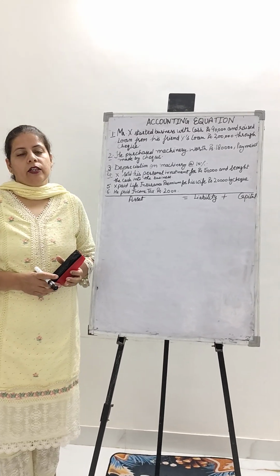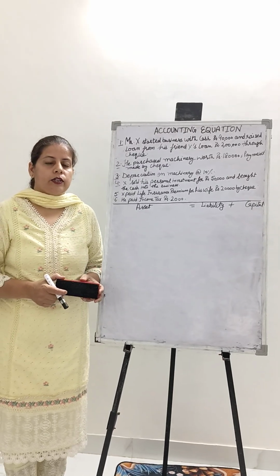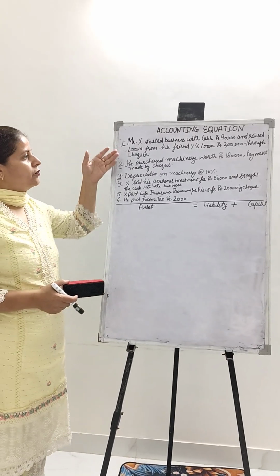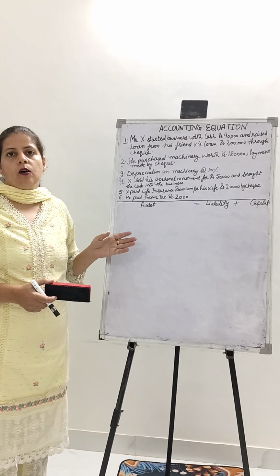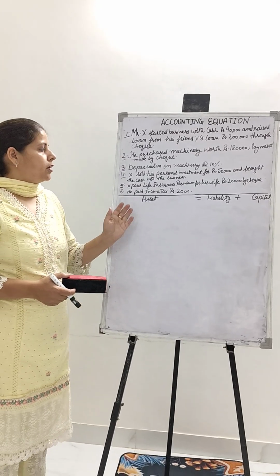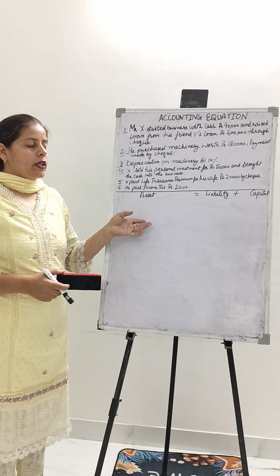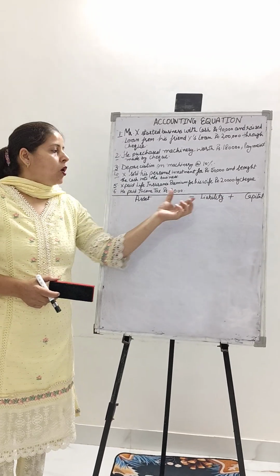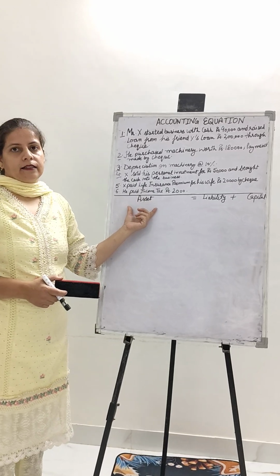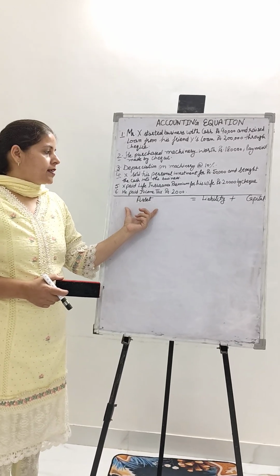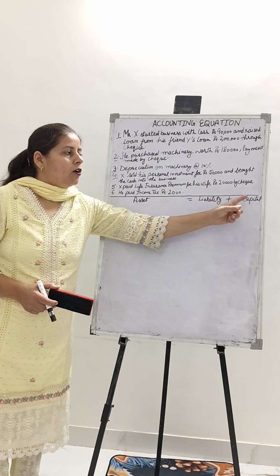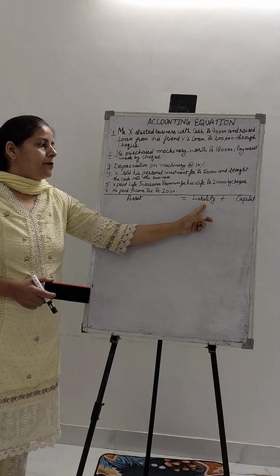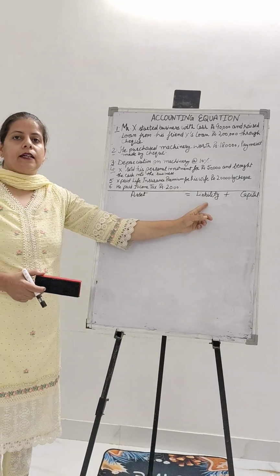We are continuing with the topic accounting equation. Here I have put a few more points regarding the accounting equation. First of all, again, we know that in the accounting equation, assets is equal to liability plus capital. Whatever assets are there in the business must have been invested by the owner himself or by somebody outsider, that becomes